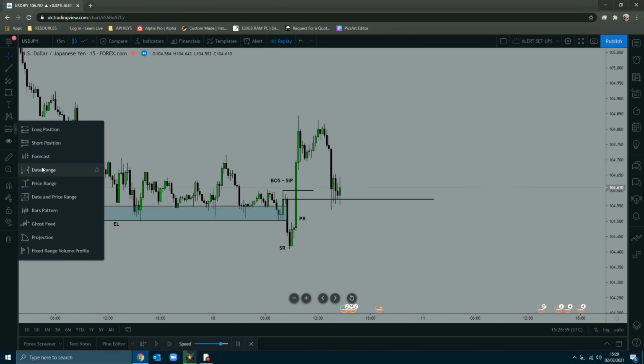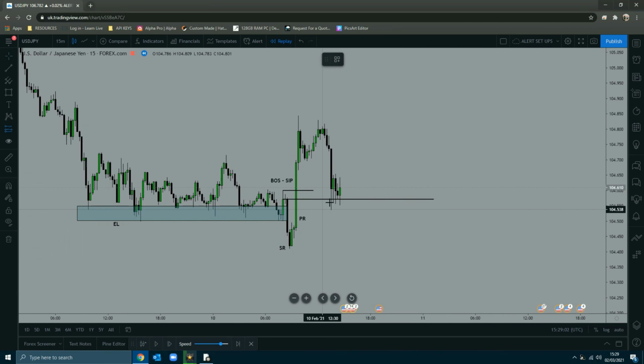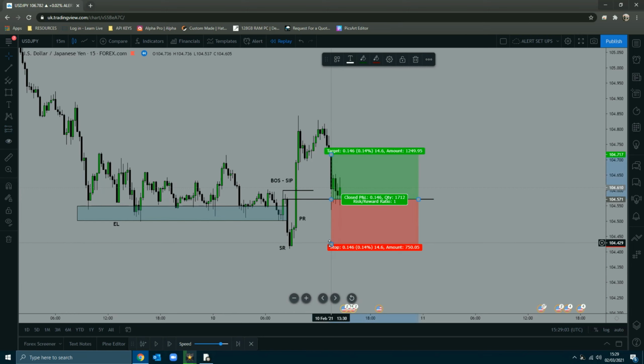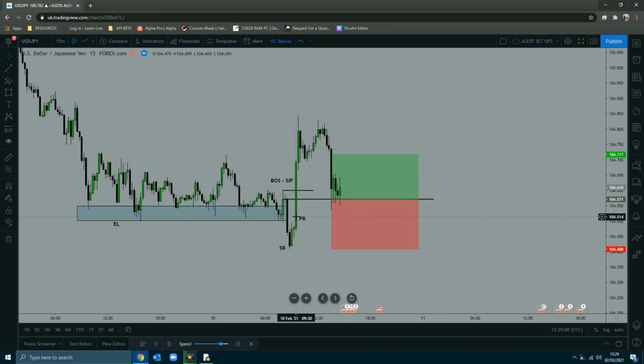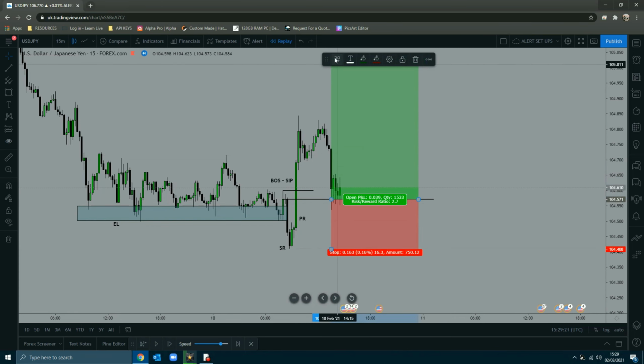So once you get your entry, long position, you're going to be looking to get an entry at that point. Now, with it being a single structure retest, you've got no low level here in order to secure your stop loss behind. So your stop has to go underneath the stop run itself, right? So that's where you want to be putting your stop, and then you're going to be looking to target 1 to 3. Okay, so let's have a look. 1 to 3